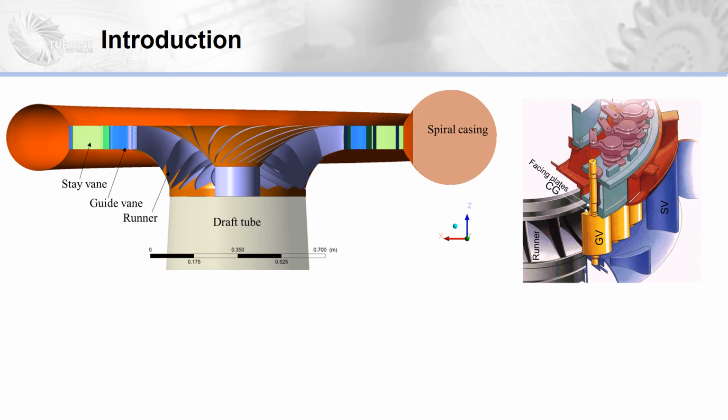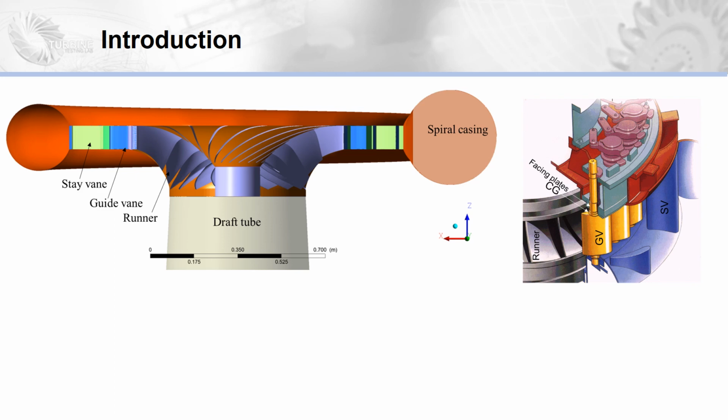However, to make it capable of admitting the fluid in the desired amount during different load variations, the guide vane can freely rotate about its axis. This allowance for guide vane rotation is possible due to the clearance gap between the guide vane surface and the facing plate. During no operation of the Francis turbine, the available gap between guide vane surface and facing plate is minimum, which is also called dry clearance.